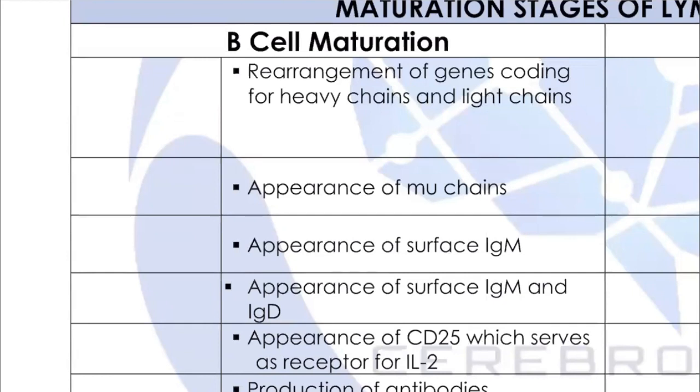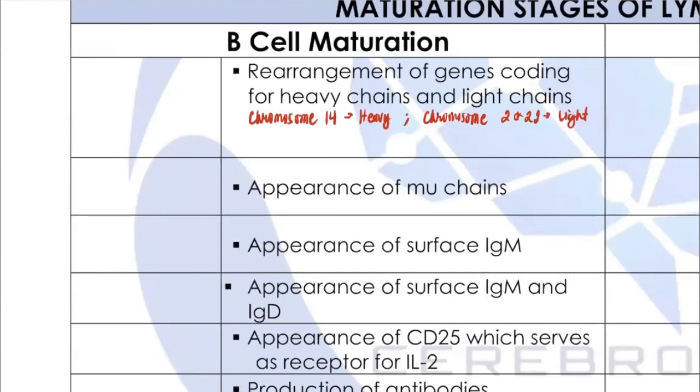That is found in our chromosome number 14. Okay, chromosome 14, yung heavy. Tapos yung light chains naman nakikita natin sa ating chromosome 2 and 22. Dito naman nakikita yung mga loci rather, that code for the production of